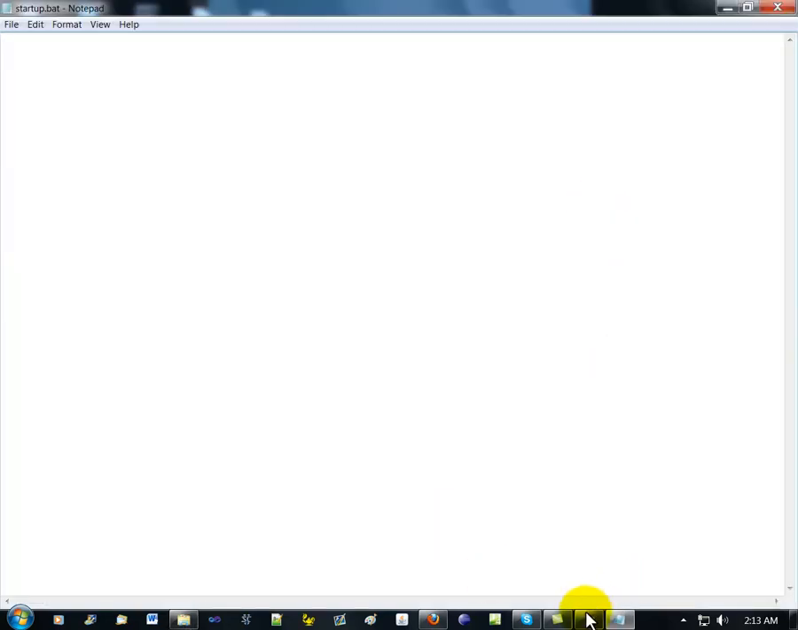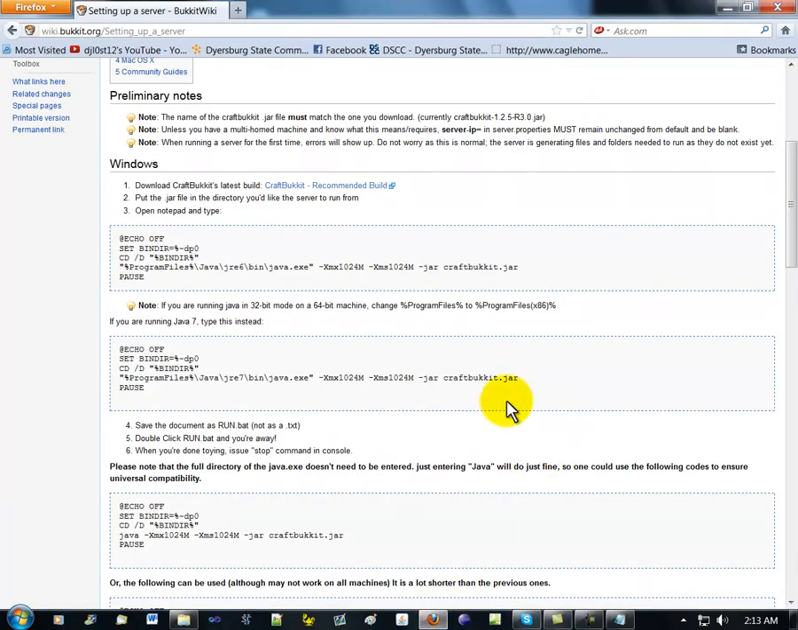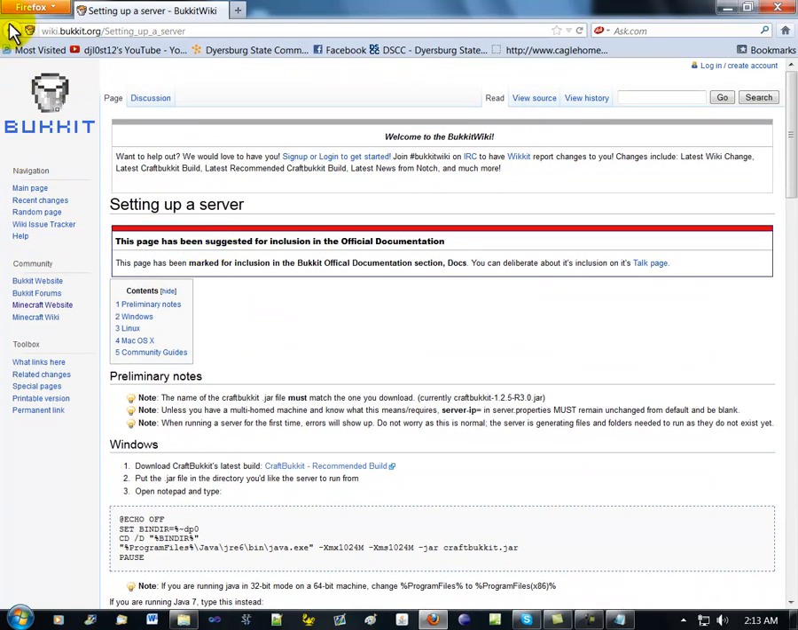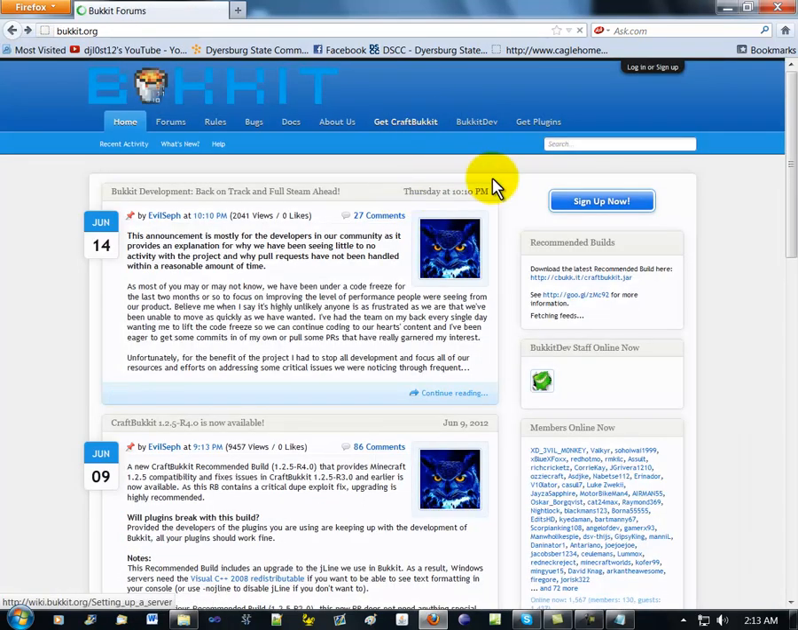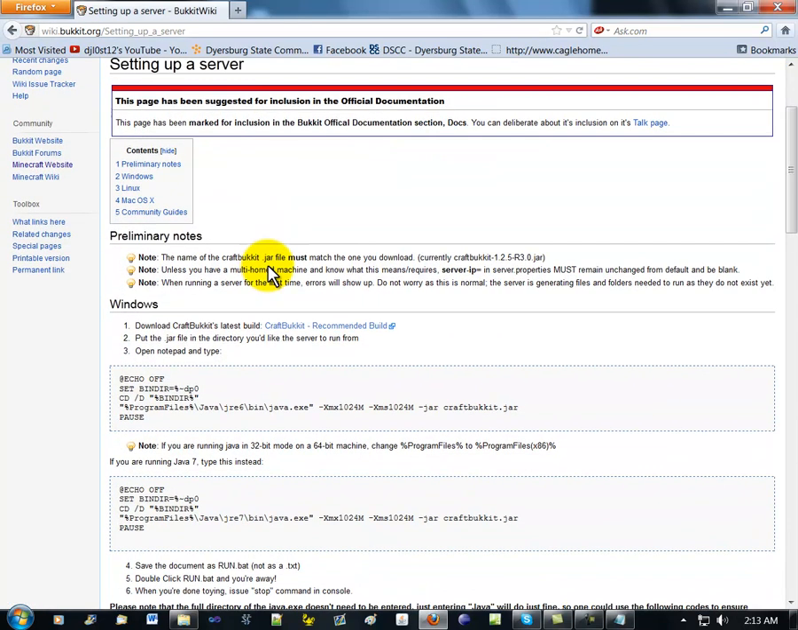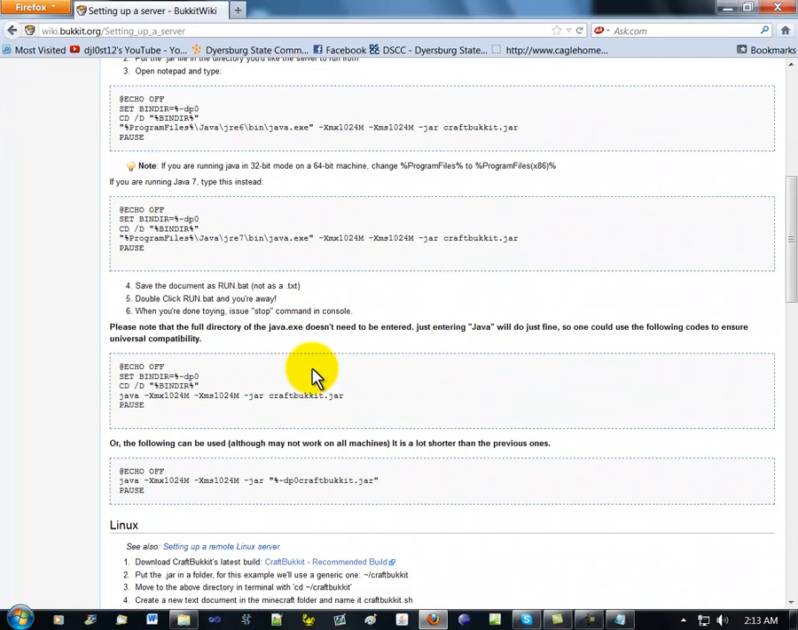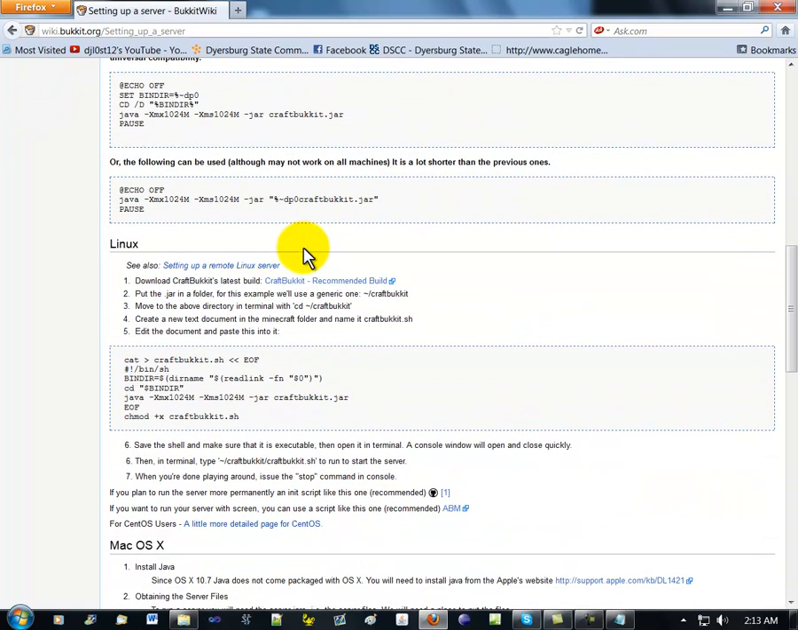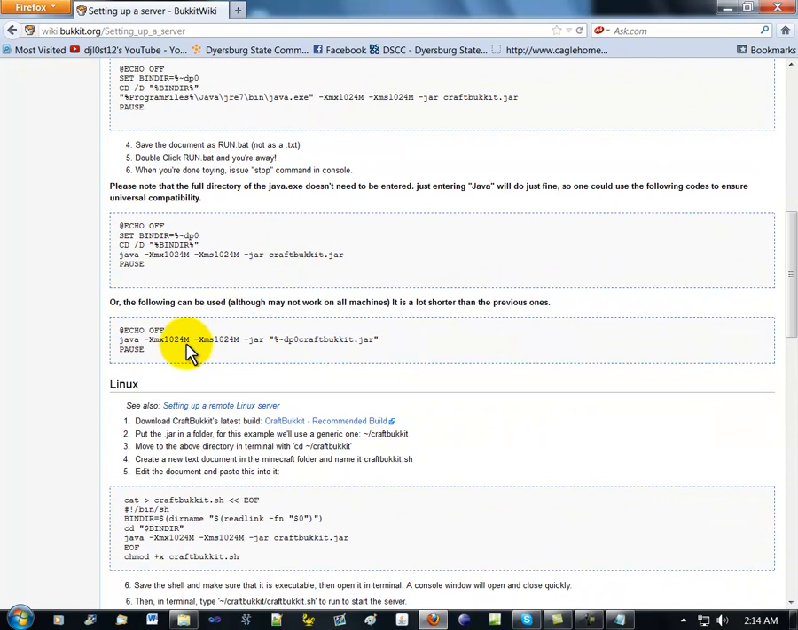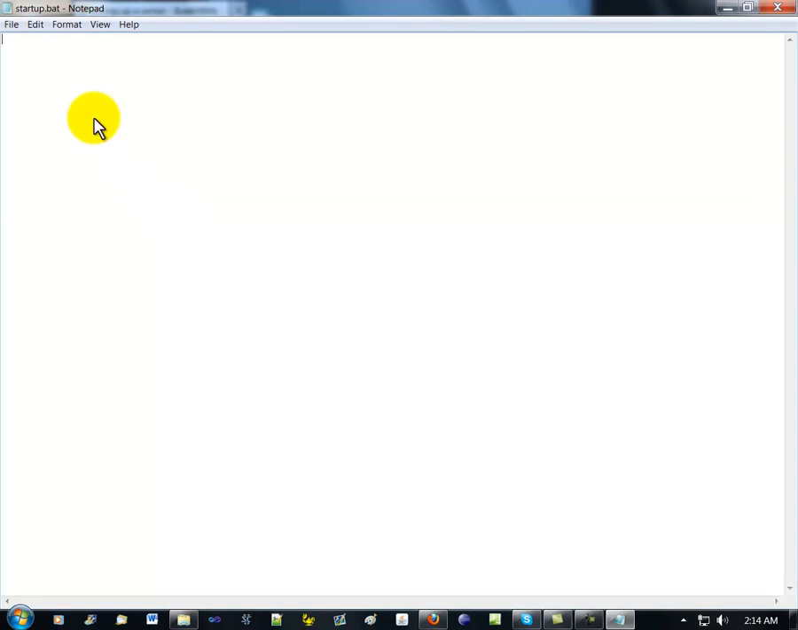Now, which one of these is going to work best for you will depend on your operating system. On this page, remember we went from bukkit.org and then we went to Get CraftBukkit. Depending on your operating system, what version of Java you're running, etc., it will depend which one of these you want to use. There is a catch-all that will work on pretty much anything. So let's go ahead and use that one. Then you want to copy that and paste it